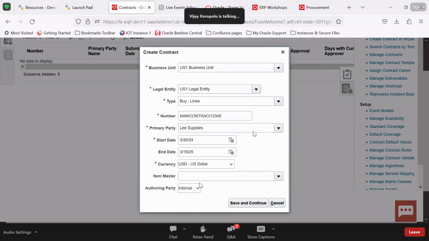Okay, so the authoring party, like who created the contract? Internal means we created the contract. External means the supplier created the contract. Okay, so internal authoring party. So our organization created this contract. The US business unit is creating this contract, right? Save and close. Now a contract is getting created,